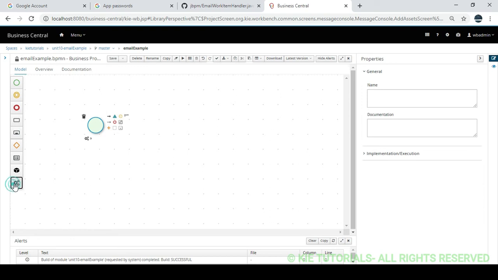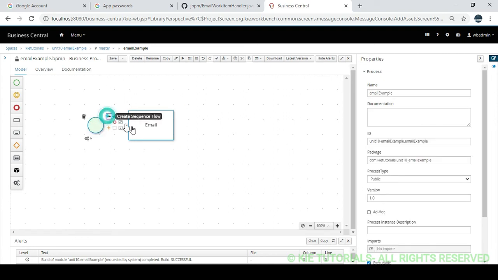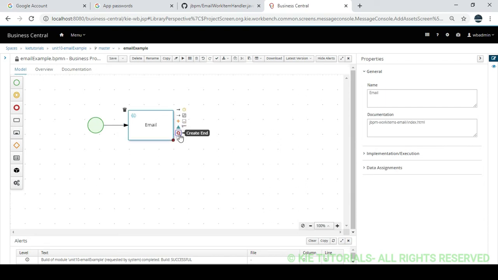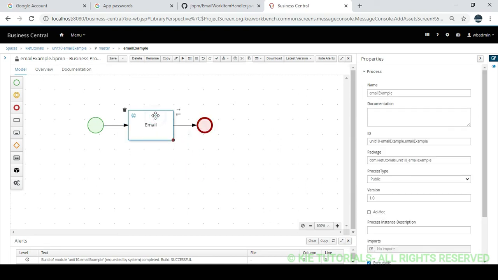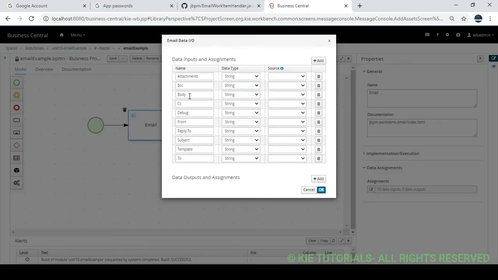After that go to the service task section. So this is the email task, and end it. That's it. And within the data assignments, see there are these kinds of inputs it is expecting.